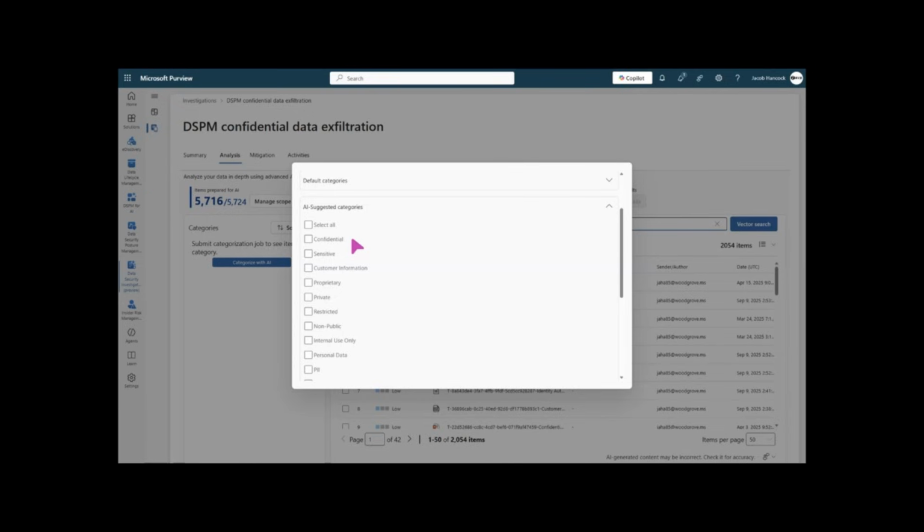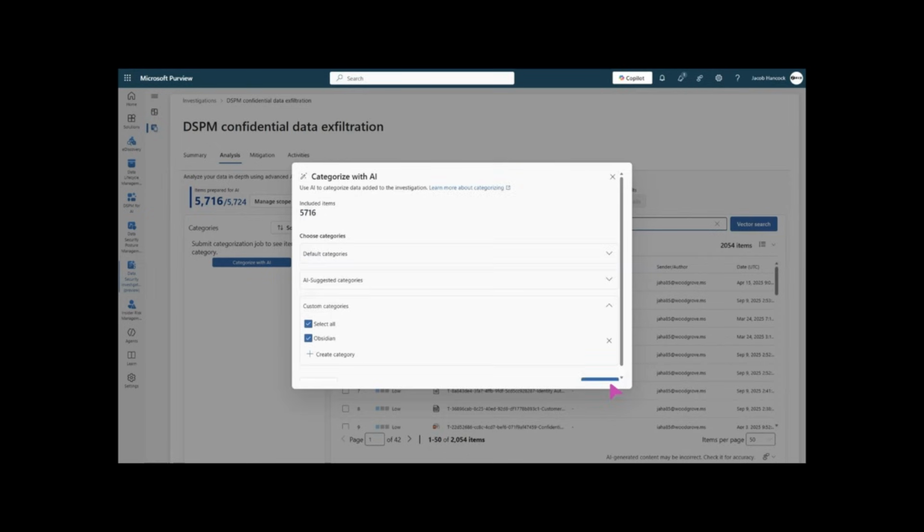So here the query I had in the screen before was confidential. Automatically we expand that and say, well, maybe you want to classify data for public, non-public, or sensitive, or stuff like that. So here I can select a few, and then the last option you get with categories is very specific business need, very specific patterns of data that are specific to your business, whether you're manufacturing, healthcare, government, it doesn't matter.